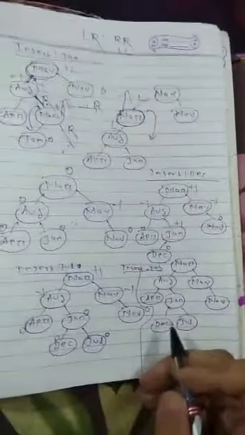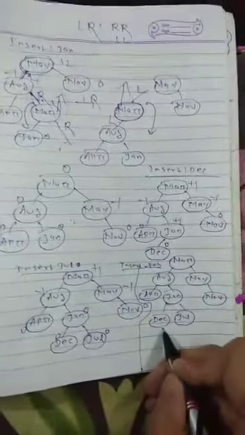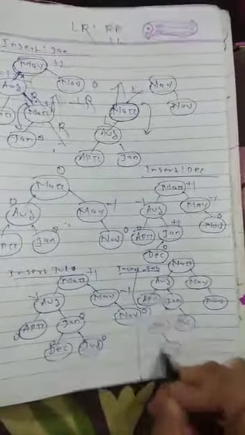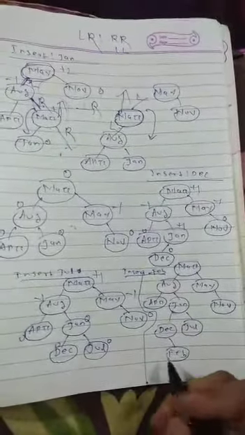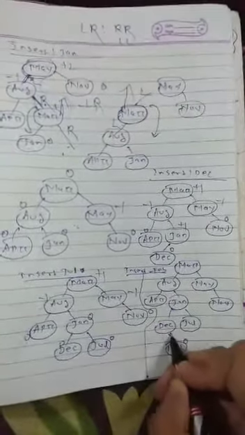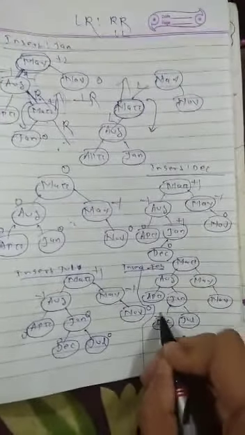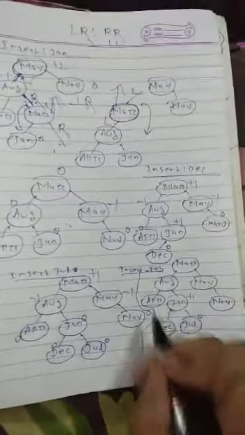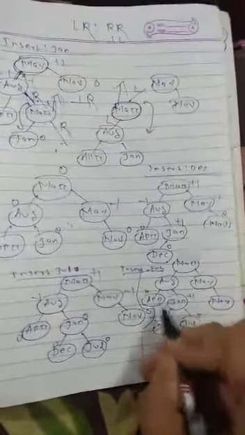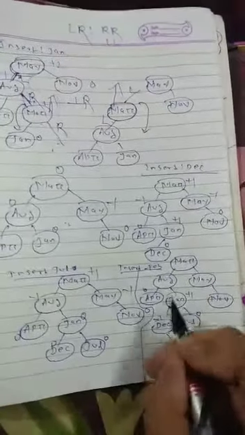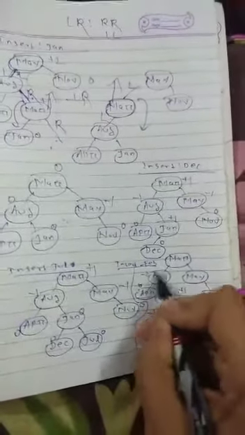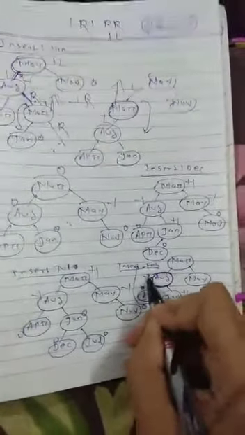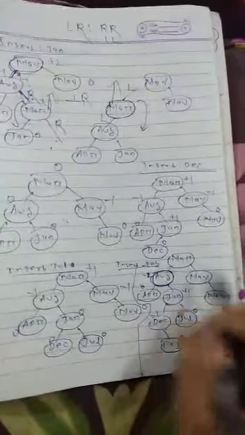See, in this tree, February is inserted according to the binary search tree. February is inserted here. Okay, then calculate the balance factor. Here the balance factor is 0, and from this the balance factor is -1, and from this it is 0, this is +1, 2 minus 1, this is 0, and from this 1, 1, 2, 3, 1 minus 3, this is -2. Okay, here you already find the balance factor -2, which violates the rule. No need to calculate from others.